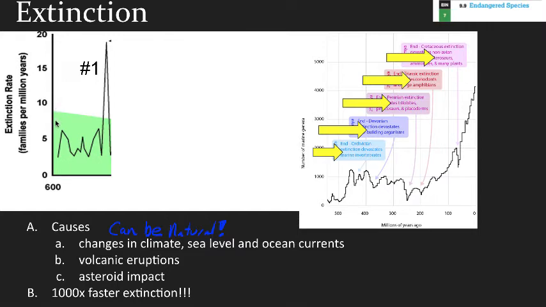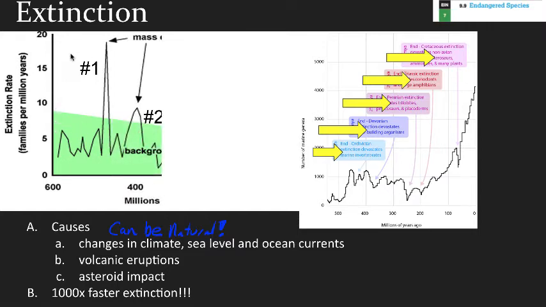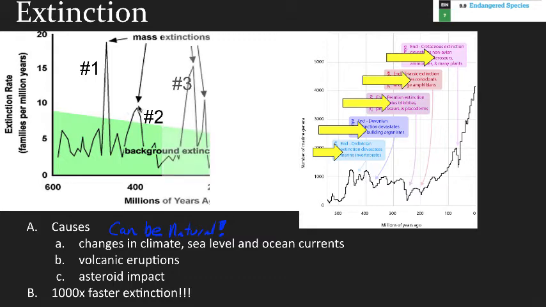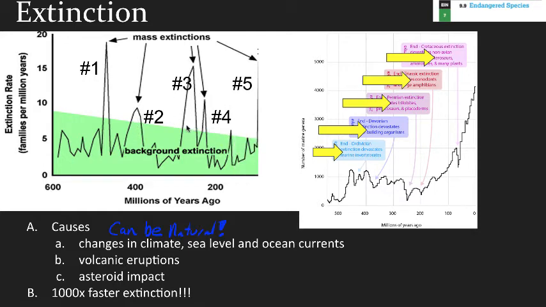So what we see when we move through this graph here is understanding that the mass extinction is a spike in the background rate. So when we look at fossil records and we see species that suddenly stop appearing in newer layers of our Earth, we make the decision that, hey, there's a lot of species here that disappeared. So you can see every time we have a spike, 1, 2, 3, 4, 5, we see this rise in